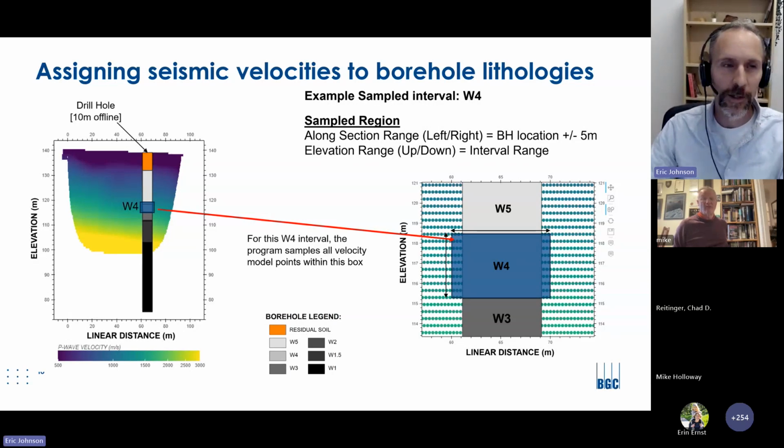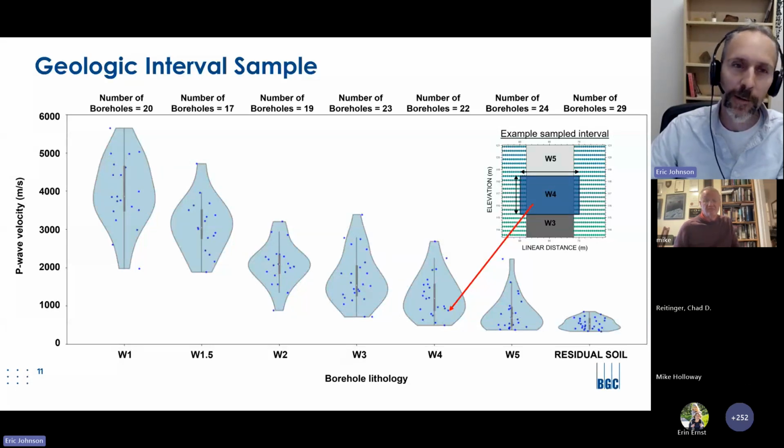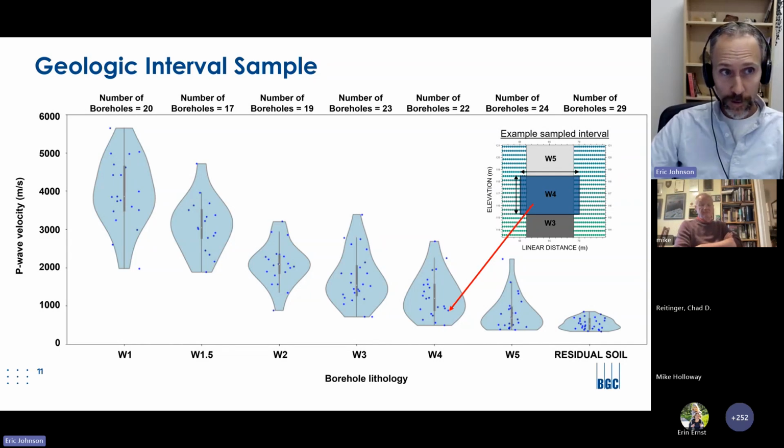This is the result of the sampling process. The y-axis here is p-wave velocity, and the x-axis is categorical and has each interval type sampled. The type of plot we're looking at here is called a violin plot. Think of them as a histogram turned on its side, and a curve is fit to the histogram. So the widest bulge for each category is where the point density is greatest. And note that a point here refers to the median value of a sampled interval.